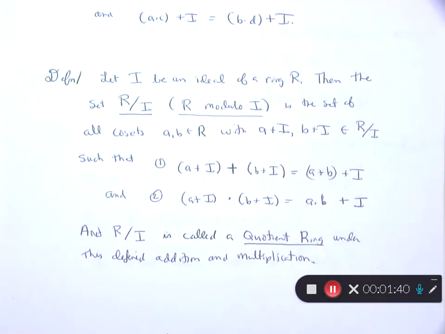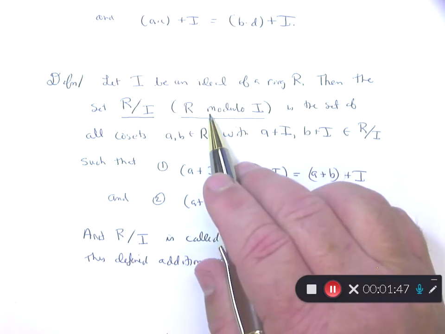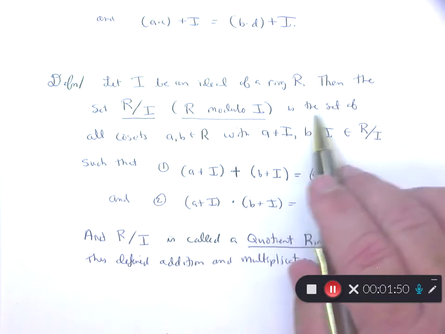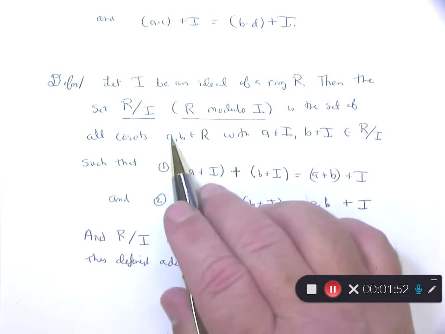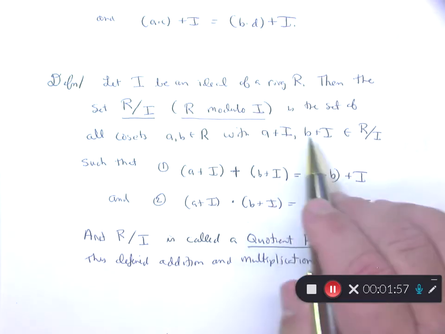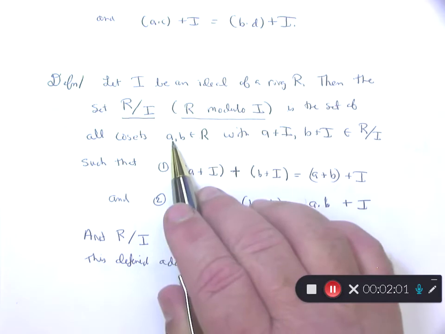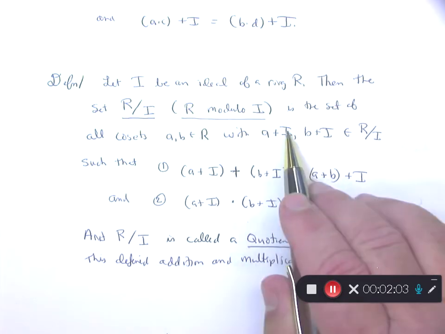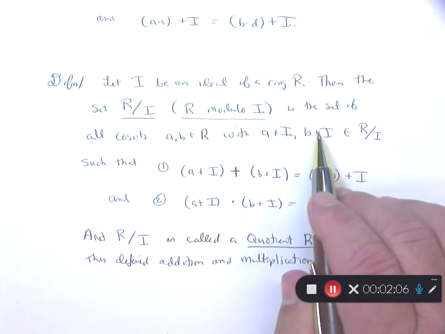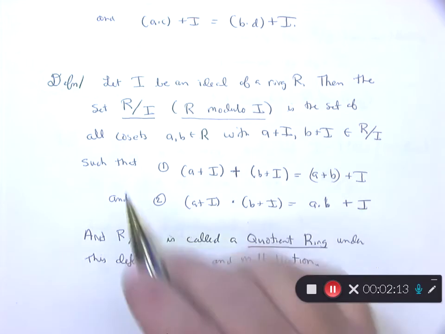Definition: let I be an ideal of ring R. Then the set R modulo I is the set of all cosets A plus I, with A and B elements of R. These are the cosets. Elements A and B are in R, but the cosets are A plus I and B plus I. This is how you write the elements in R mod I, such that: